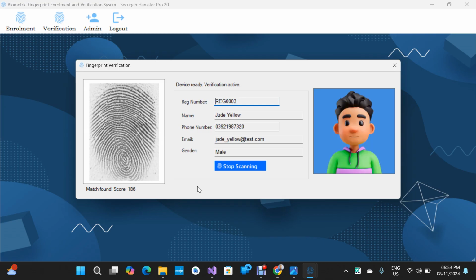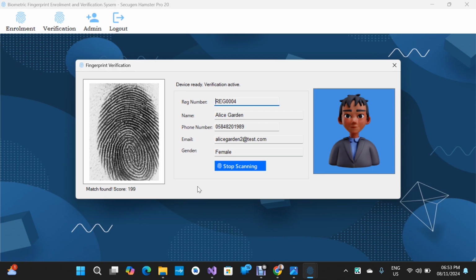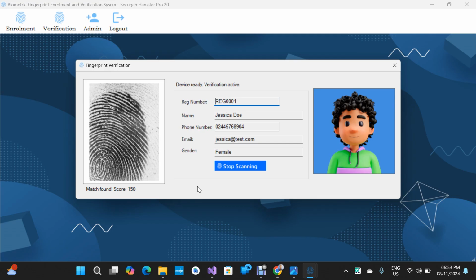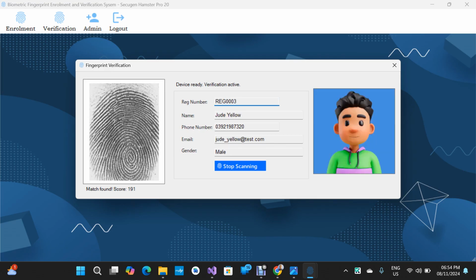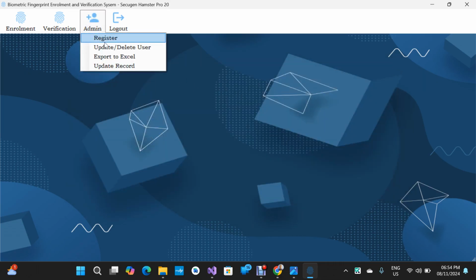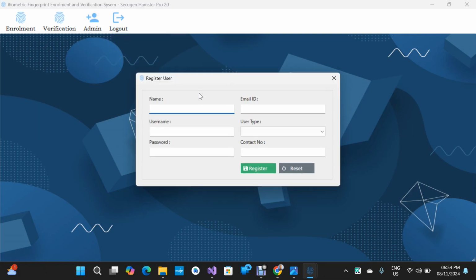So I'm just going to place these fingers like this, very fast like this. Okay, all right, so this is how this process works. Okay, so next I'm going to close this verification form, and then I'm going to show you other features in the admin menu. Okay, so here I'm going to click on register, so you can register